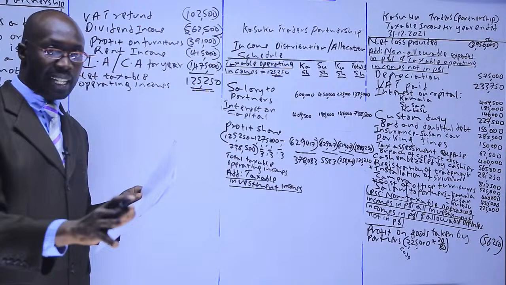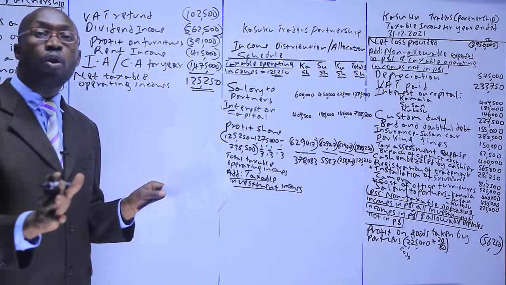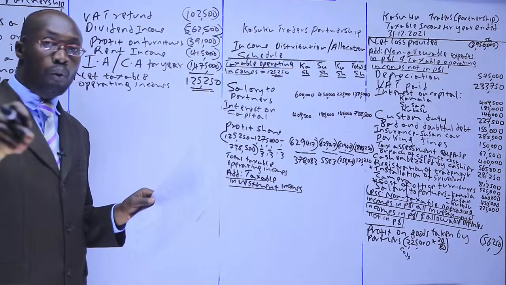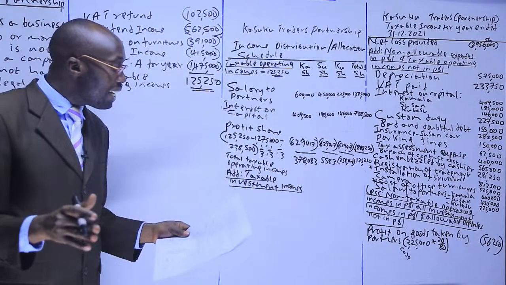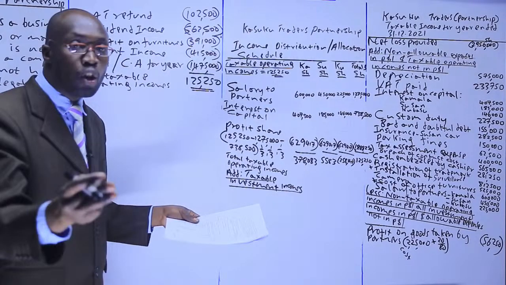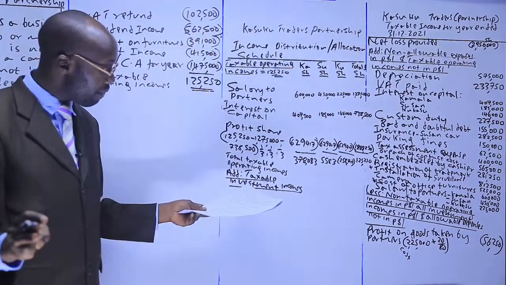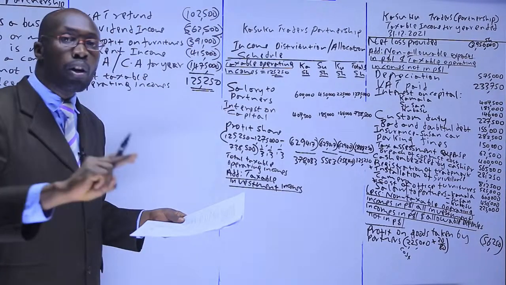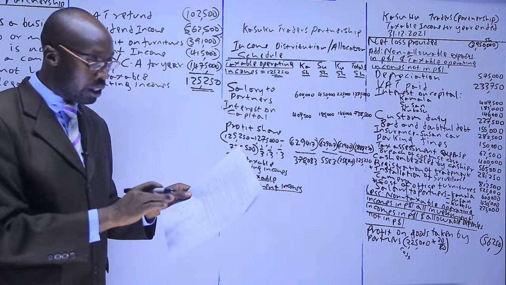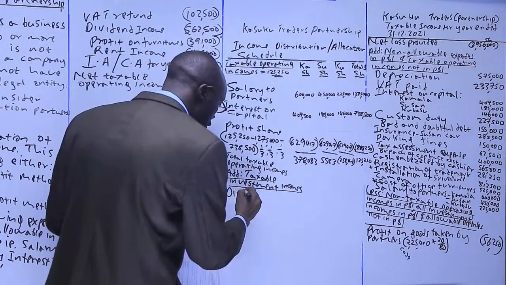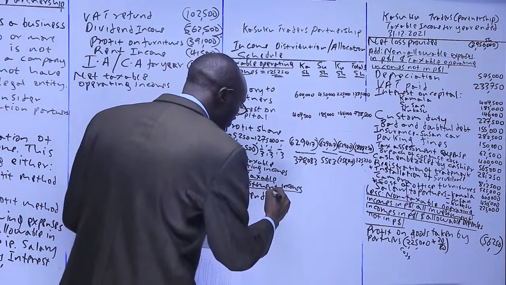Like this one, they have not indicated where it's coming from. So being non-qualifying means that the withholding tax was not final. We need to tax it further. So the dividend that we don't put here are the ones that we indicated as exempt or qualifying, because exempt are not taxable, and here we are talking about taxable. Qualifying, withholding tax, if it's final, you are not supposed to tax it again. So only non-qualifying. So this one, being that it has not been indicated, we assume it's non-qualifying, so it should be here. So dividend income.